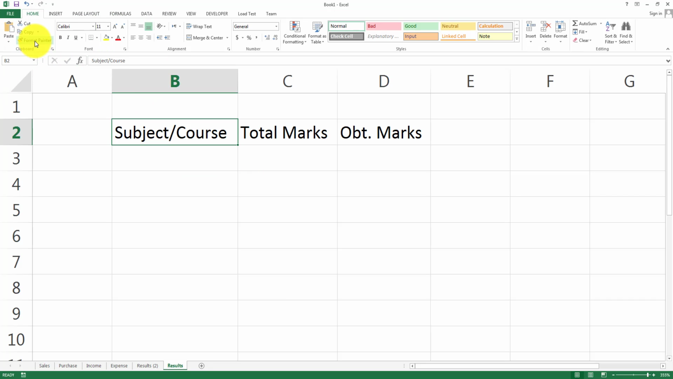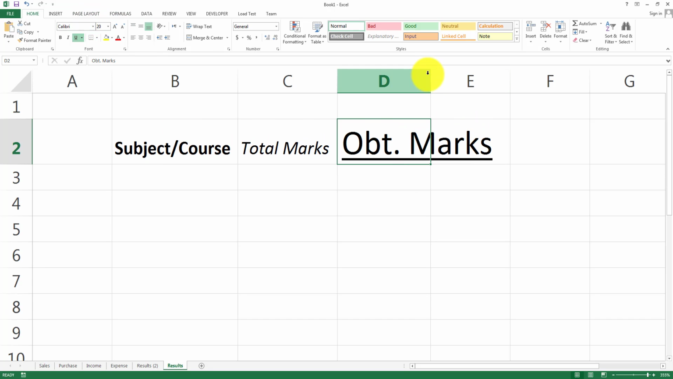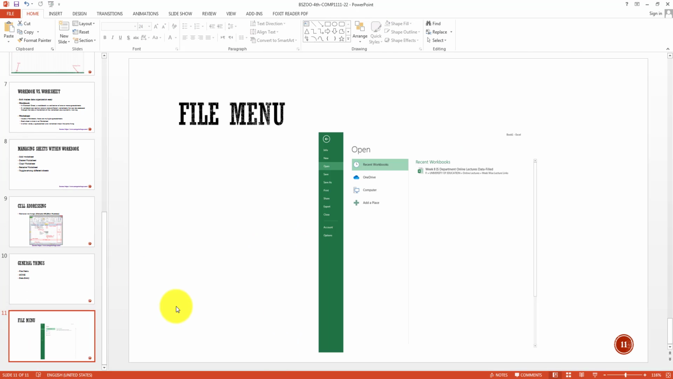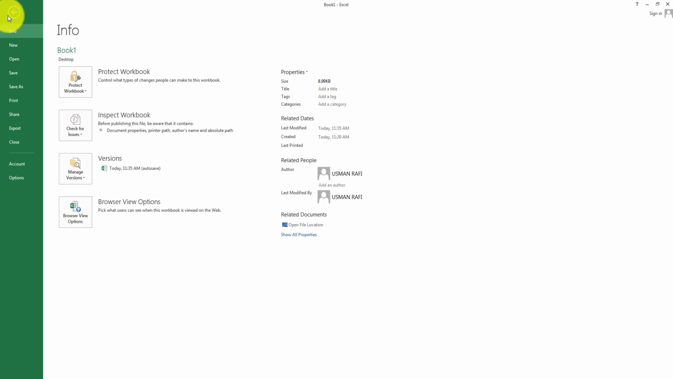And here we have the formatting. We can bold the text, we can create italic text, we can underline the text as well, or we can change the font size also. So this is basic formatting. And now we have the file menu. The file menu is absolutely the same as that of